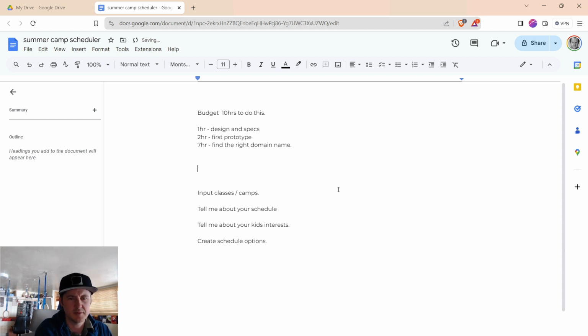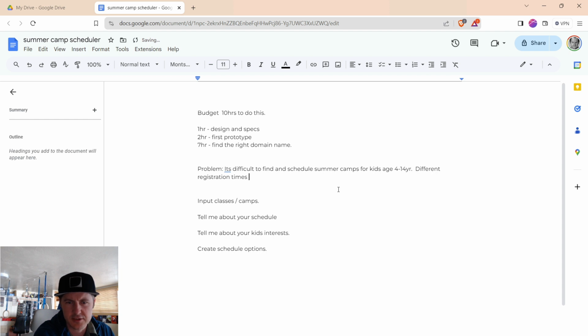And the problem statement is to find and schedule summer camps for kids 4 to 14, with different registration times. I guess a secondary problem is you want to find and schedule camps with their friends.